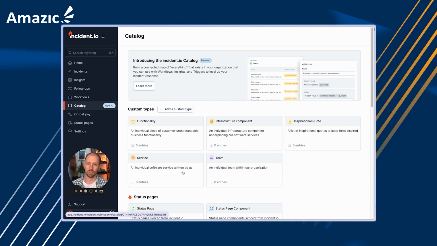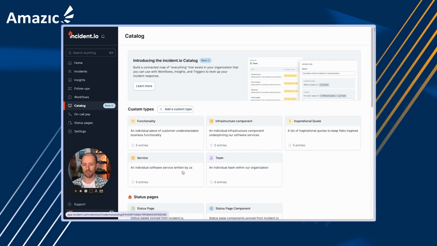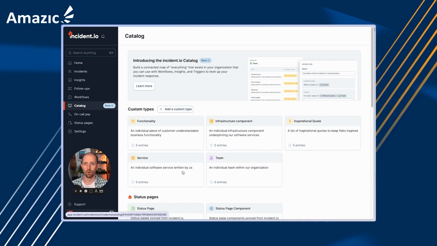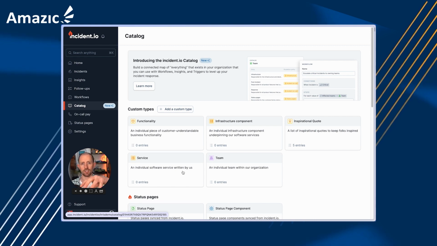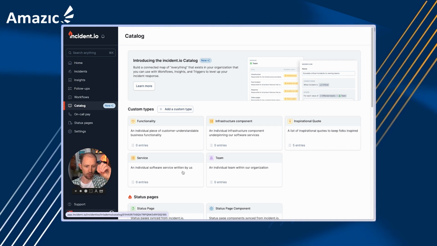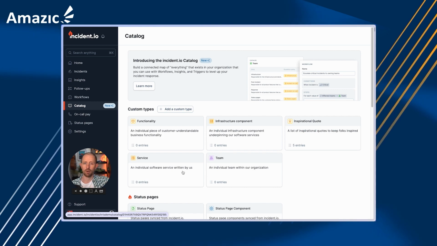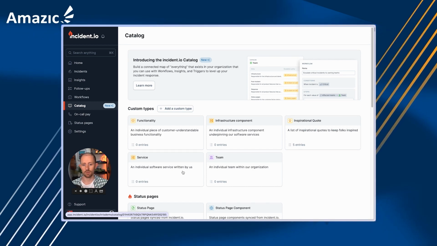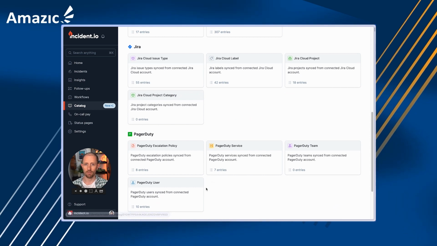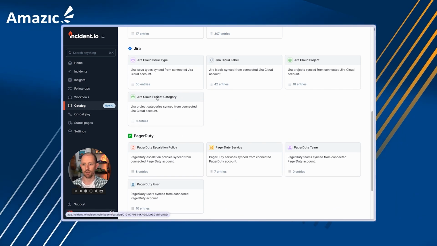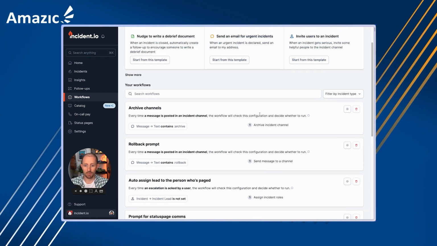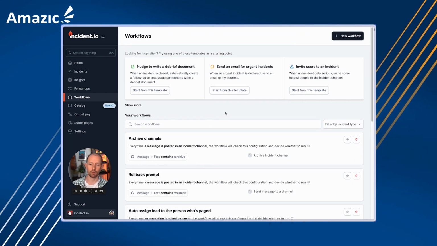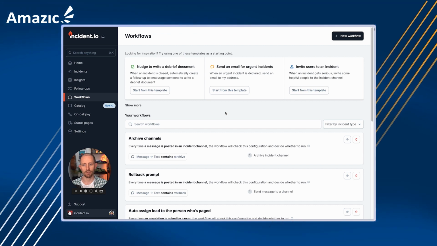You bring them here and we can start to do much richer things with incidents, whether it's tagging them to these entities or being able to navigate things. So I can report an incident and say, well, this business functionality is down, and I know that I can hop from that business functionality to the team that owns it, and from that team down into their PagerDuty service, and so I can automatically page them using a part of the product called Workflows. I will skip over the details of Workflows, but essentially this becomes a really powerful automation engine that exists inside of your incidents.